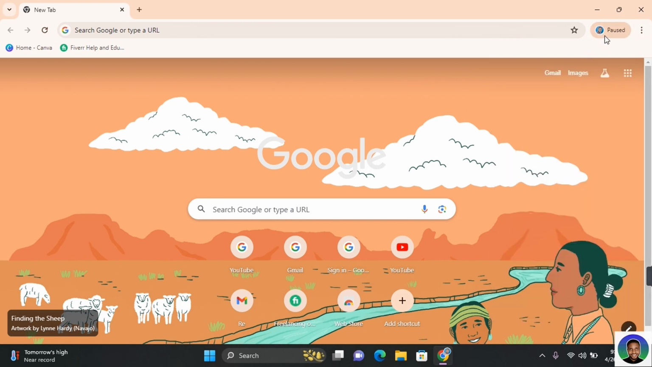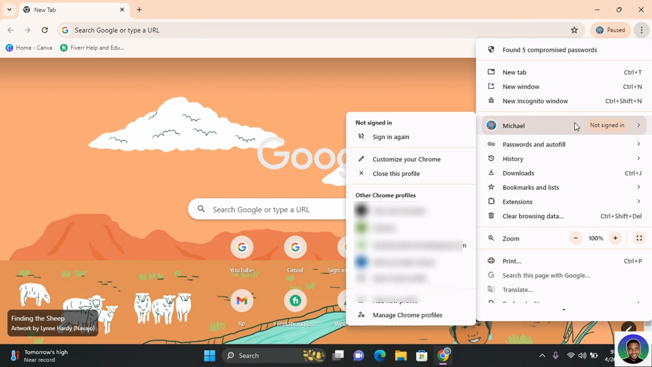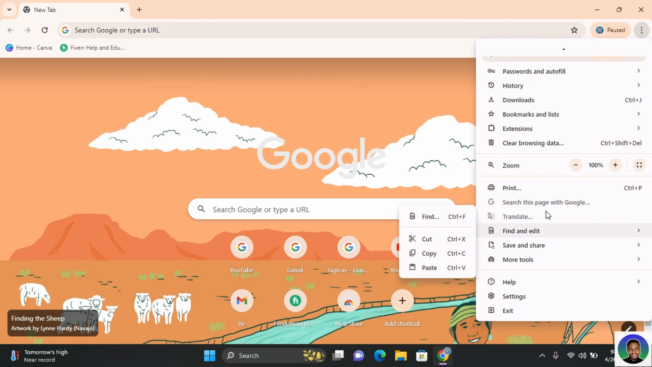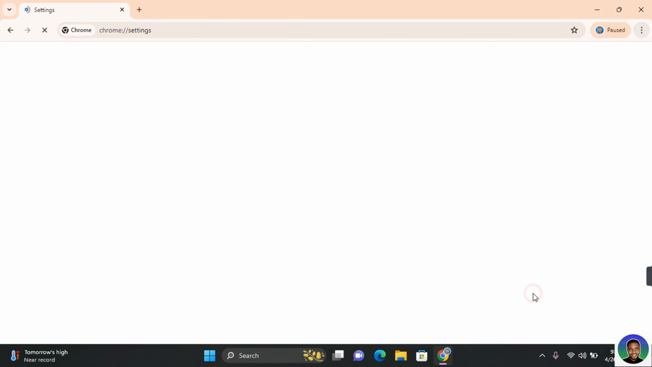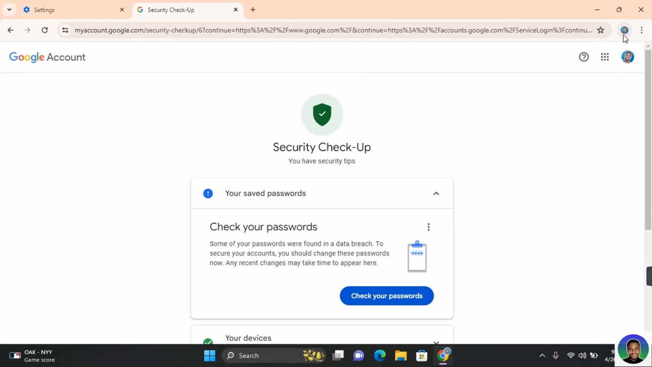Now if you do not find the paused error, you can click on the three dots at the top right of your screen, and where you see your profile name, you will see not signed in, and you can sign in again. Or you can scroll to the bottom and click on settings. You can fix your sync error here. Go ahead and click on sign in again and follow through with the sign in process, and the sync error